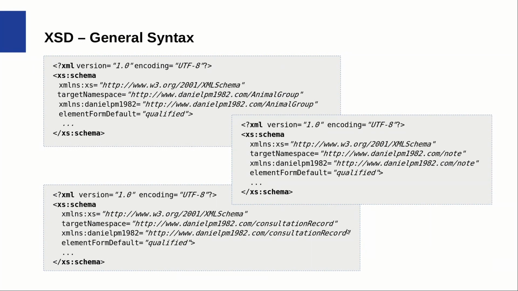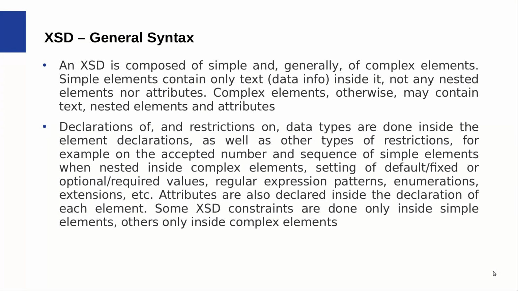In this case, it's an XSD that structures a consultation record. And right below, we set the custom prefix and the custom namespace that links to that target namespace. And lastly, we set the elementFormDefault as qualified, as we'll always be doing on our examples. Okay, now let's